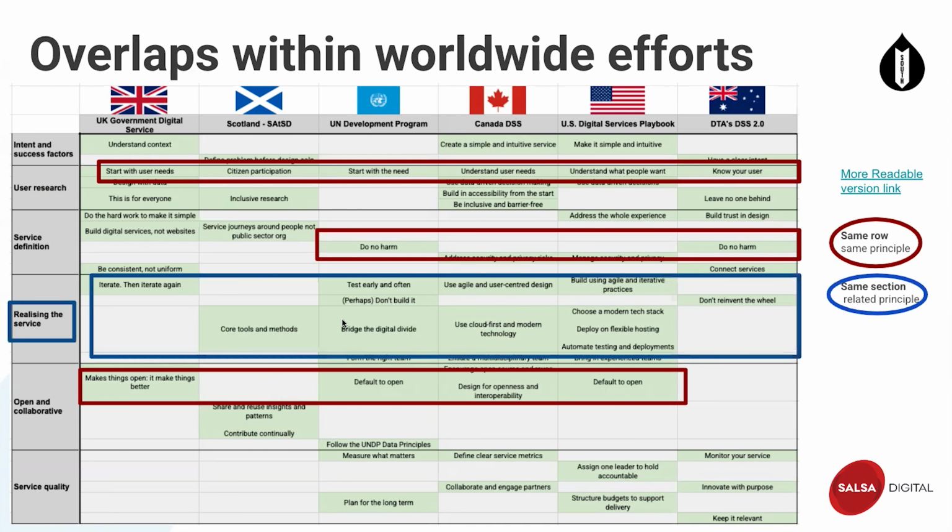Then there were very common principles clustered together, where these sections have lots of green and hardly any white space. Looking at this encouraged me, because I thought, if we have a really good understanding of the Australian DSS 2.0, then just because they're so similar, we'll have at least a rudimentary understanding of the other standards applicable around the world. Hopefully that stands to reason, because I'd be worried if the standards were all over the place. But given they are aligned, diving deep into the Australian standard is contextual for the other standards going on around the world.